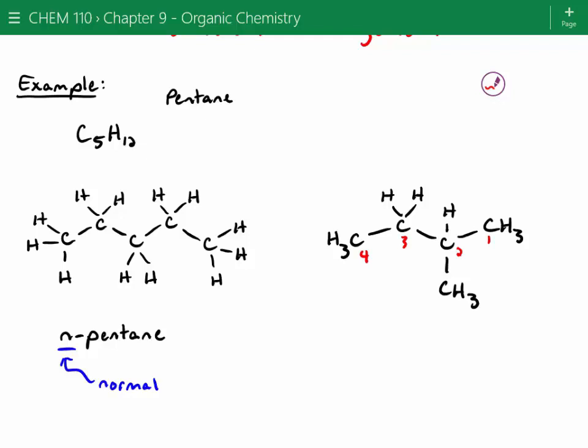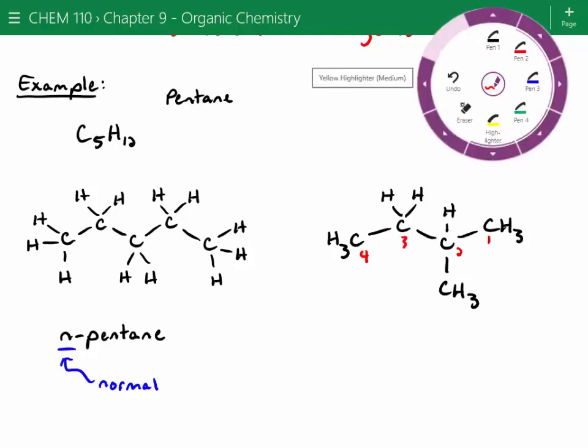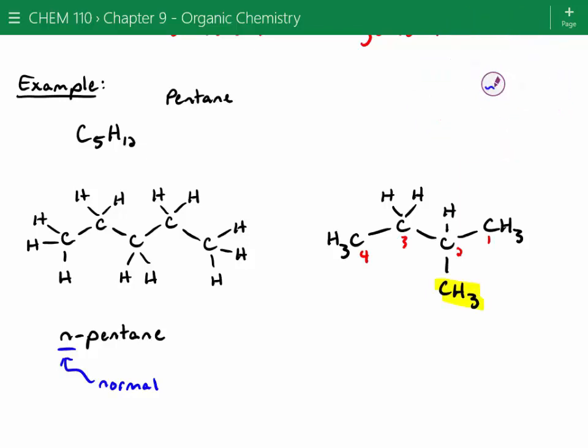And what do we call a 4-carbon chain? What's the prefix for 4 carbons? Not quite, it was but-, right? So butane is a 4-carbon chain. And in this case, we've got a methyl group, that CH3, coming off the 2 position, right here. And so if we were to name this, what we would call this is 2-methylbutane. These both have the exact same molecular formula, but they're very, very different molecules.